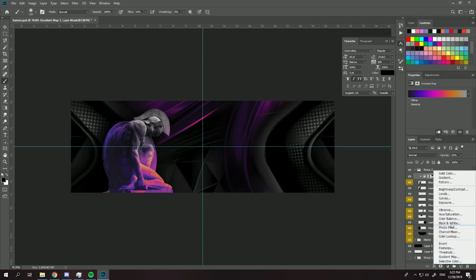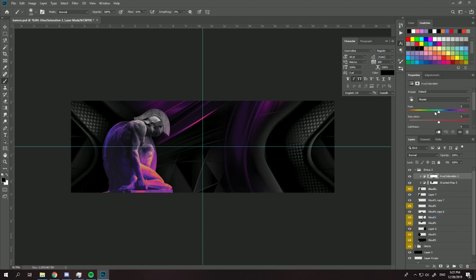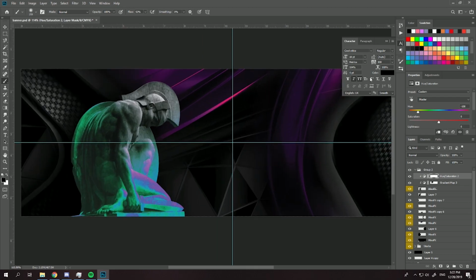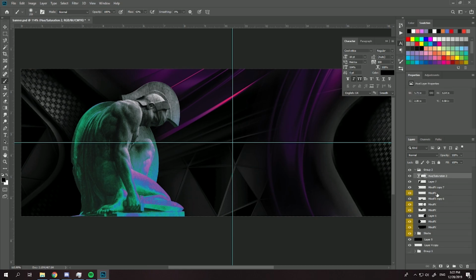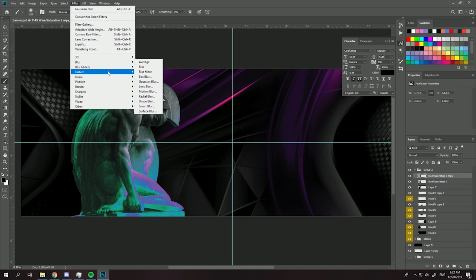Let me go to hue and saturation. Kind of want to make it a green look. Okay, let me show you something. All right, you merged everything together. Copy it. You want to go to filter,